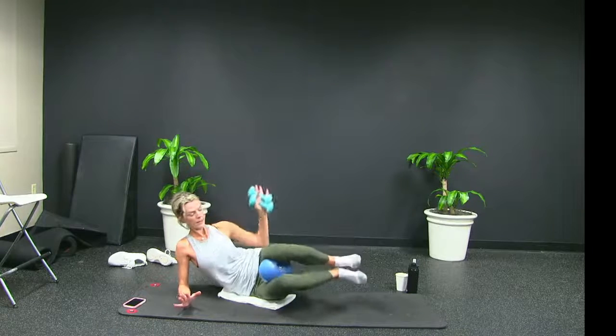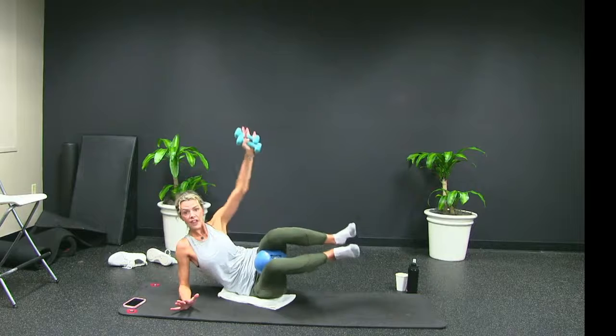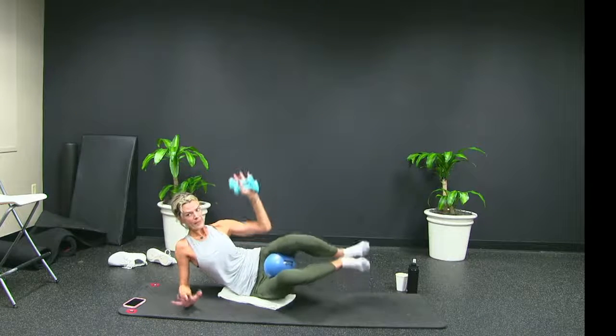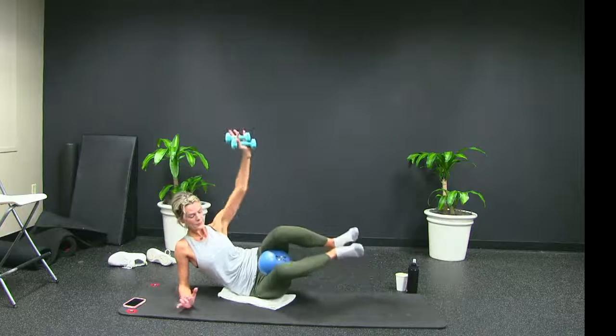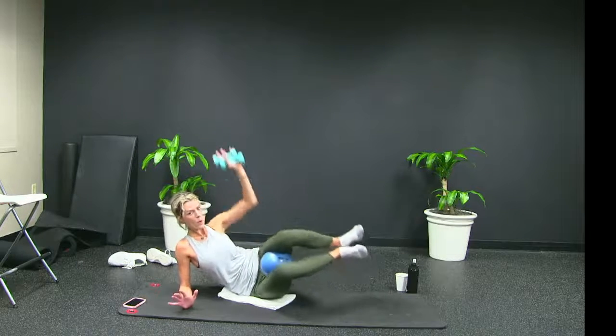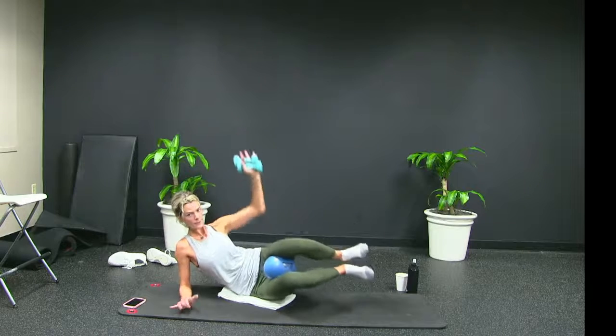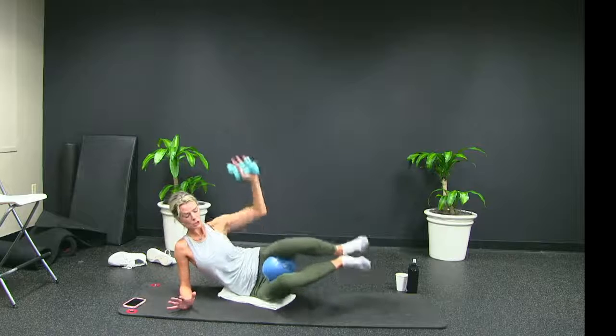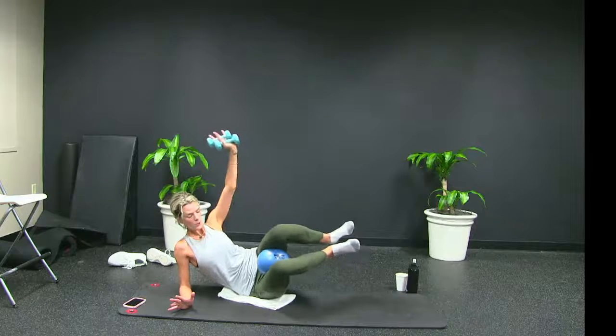Upper body, lower body. Keep those feet flexed. You want to keep your knees together. There's your breath. Abs in. Try and see if you can get that right hand from holding your mat, grabbing onto it. Resist on that way down with the arm. Don't just drop it. 4, 3,